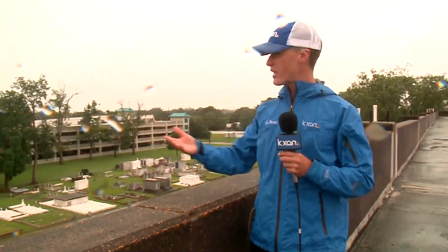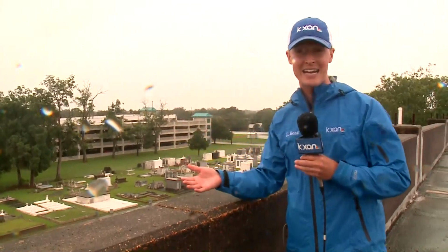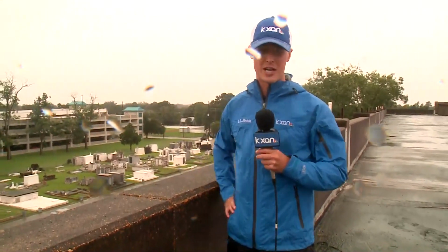But this thing has rapidly intensified several different times, and it's quadrupled the official criteria at times for rapidly intensifying hurricanes. What that officially means is gaining 35 mile per hour wind speed or more in less than a day. This thing gained more than that in 7 hours overnight. So it's really got a tremendous amount of power, partially thanks to the really hot Gulf of Mexico about 30